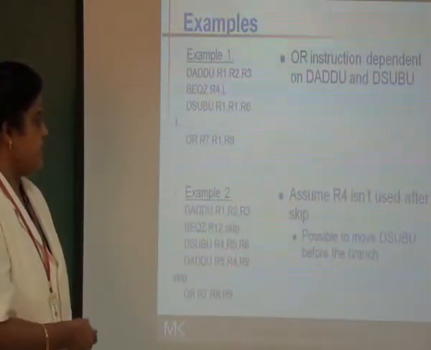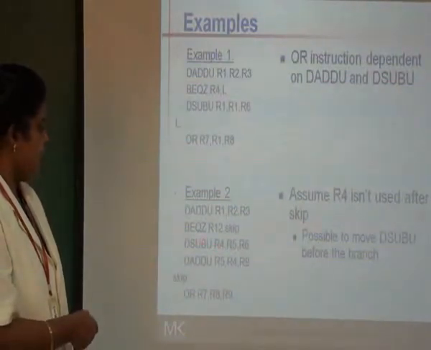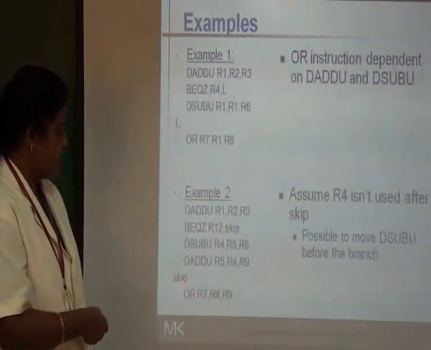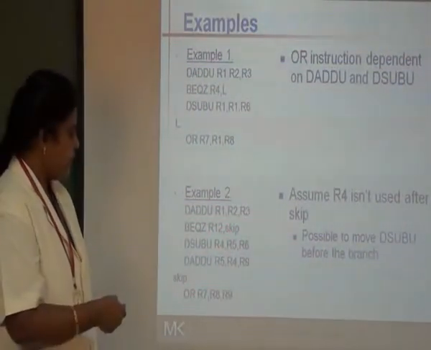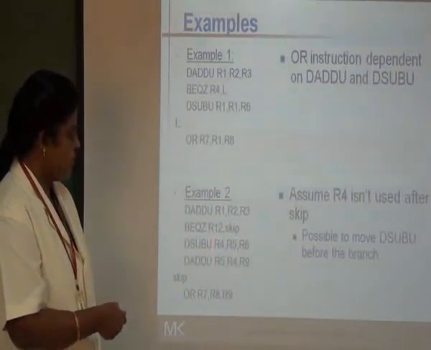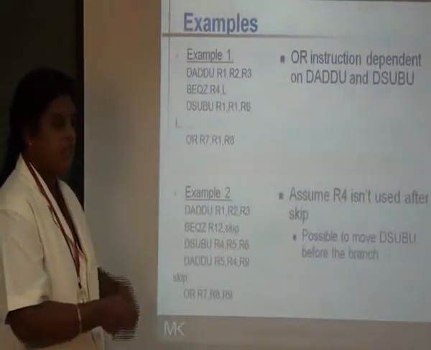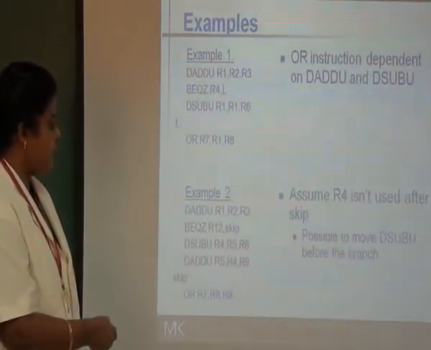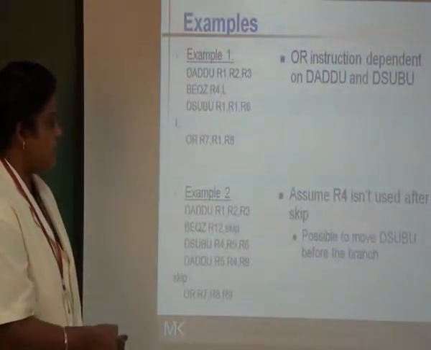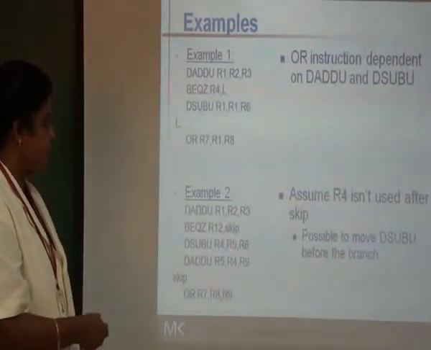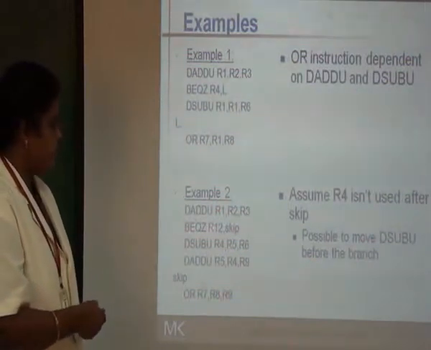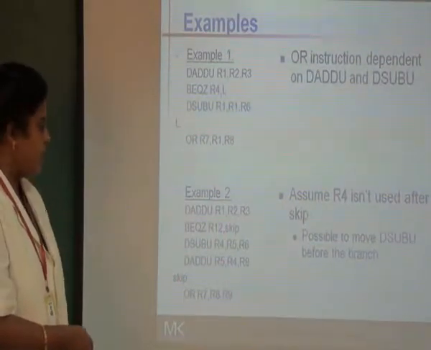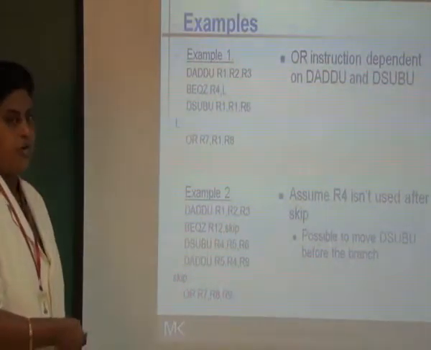There is one more execution. So here we have a branch instruction. So this branch instruction, if it is satisfied, it jumps over here to the skip loop. So these two instructions are going to be branch dependent, because the execution of these instructions cannot be moved anywhere, but it is also possible to move this D sub before the branch over here, because the branch equal to 0 jumps off to the skip location over here, where the next instruction to be executed is an OR instruction.